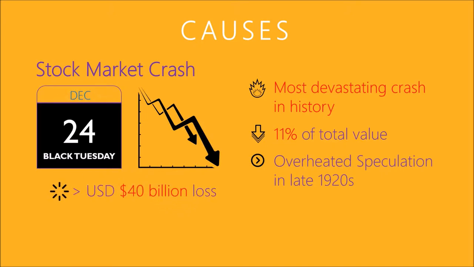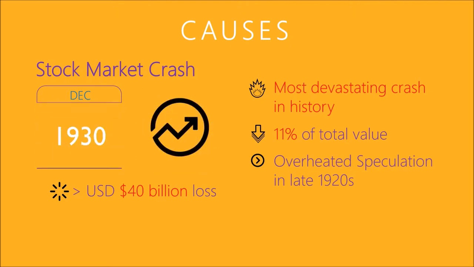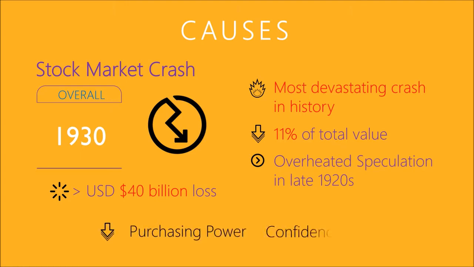After that, the stock market had a very short period of recovery by the end of 1930. However, it was definitely not sufficient to recover the huge loss. As a result, people had their purchasing power sharply declined and lost their confidence in the market and the economy. This marked the beginning of the Great Depression that lasted for 10 years.